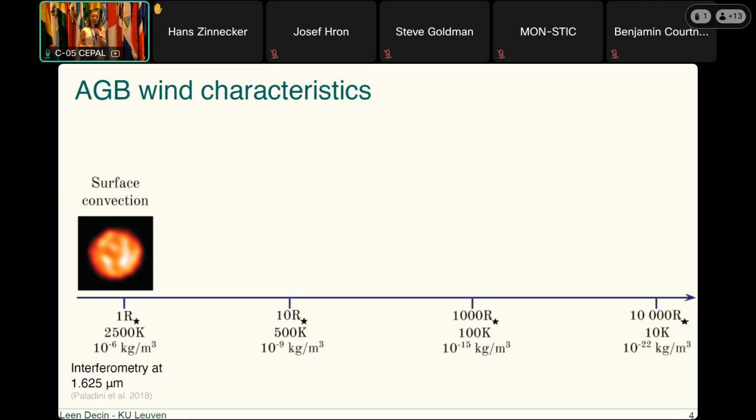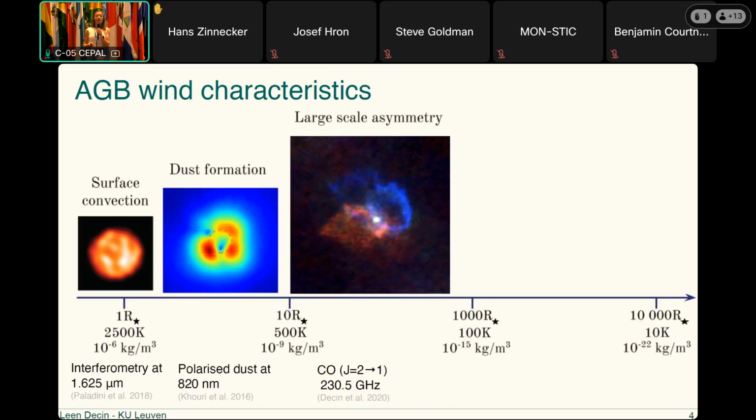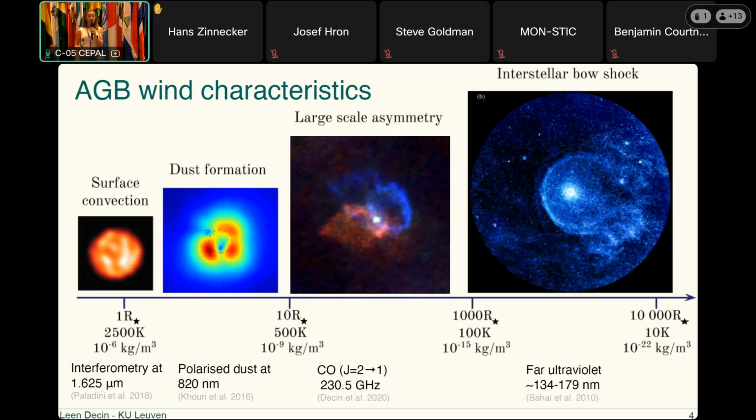We know that surface convection can produce bubbles. When we look at larger scales, and this is an image from Theo, we see that dust is forming in more cloud-like or bubble-like structures as well. We have large-scale structures already shown by Thaisa, I think it was Thaisa yesterday. And we also have the bow shocks, a bit similar to what Hans has been showing, but here with the GALEX data. The main focus of what I will tell you about is this third picture, these large-scale structures of which we are now quite convinced that we know the origin.